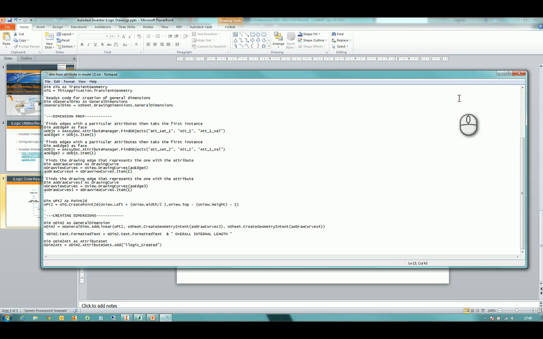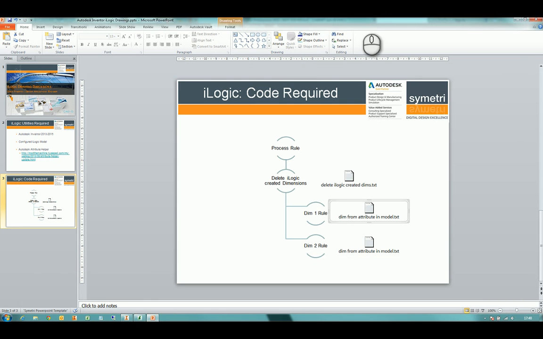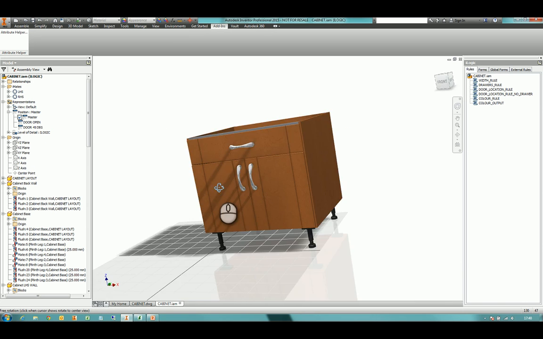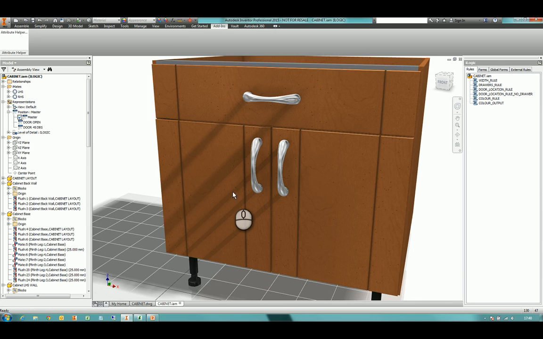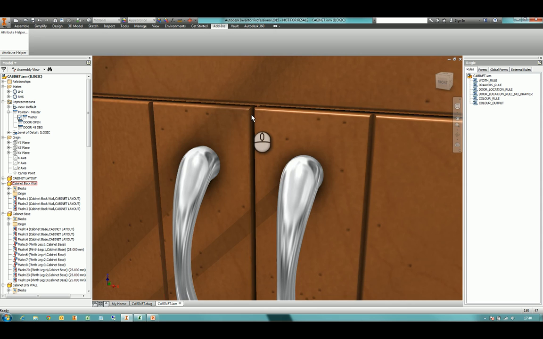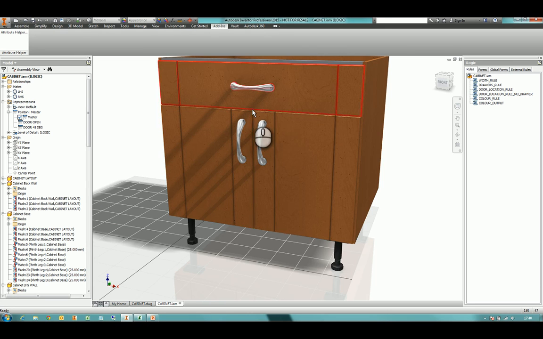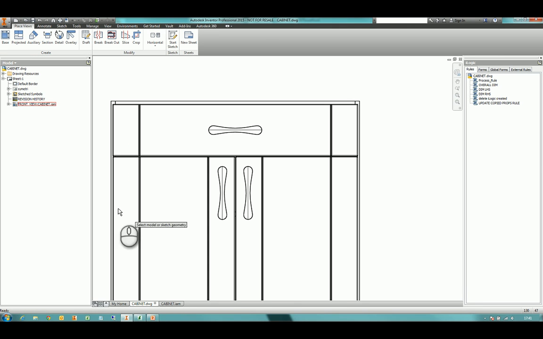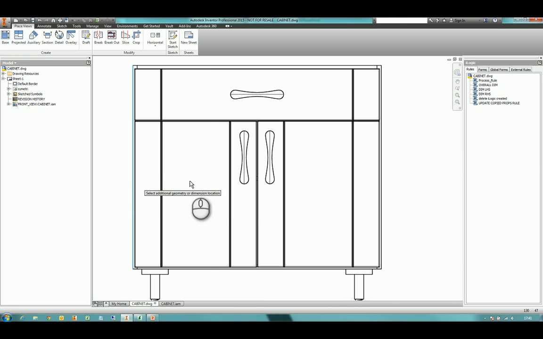Okay, so let's take a look at this in action. If I flip over to Inventor, you can see that I've got a very simple model. What I want to do in this example is I'm going to add in a dimension from the side to this inner face on the door, and the same from that side to this face on this door. The problem I've got is if I go to my drawing and actually add our dimension on, so we're going to go from there to here,